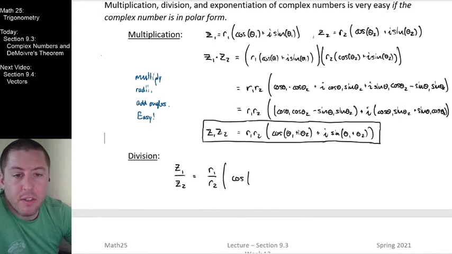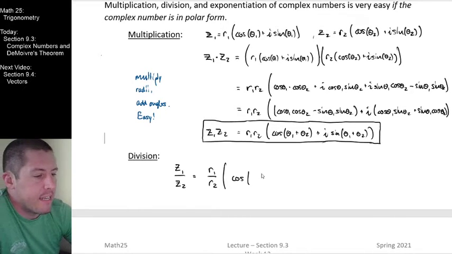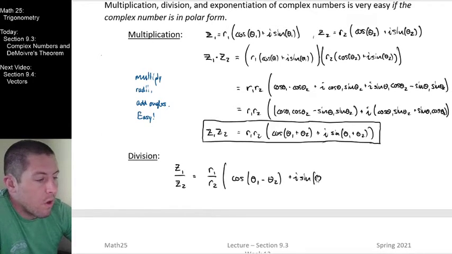What's going to happen with their angles? Well, if you wanted to repeat some math like this, the math will be a little bit harder since we're dealing with a fraction instead of a product, but you could do the identity verification there, that we're going to just get the subtraction of the two angles in here. So the fact that